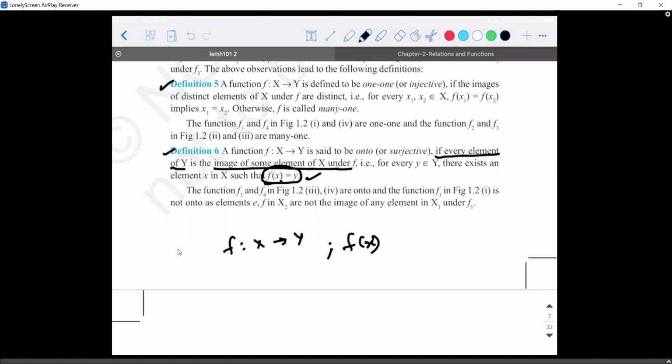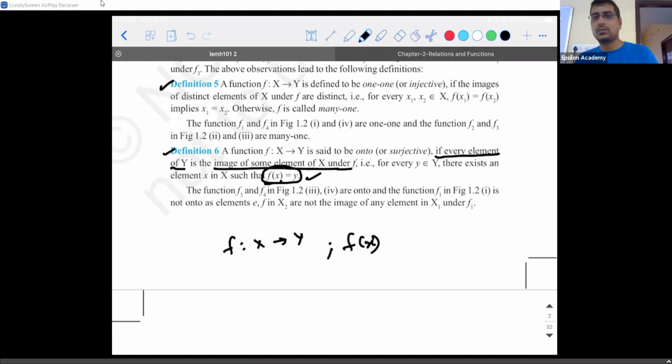You will consider two elements. Ashik, you know? Tell me. You directly take F of X1 is equal to F of X2. You will first consider two elements X1 and X2 which belong to capital X, that is a set X. Then you have to find F of X1 and F of X2. You will equate them and solve for X1 and X2. If the relation comes out to be equal, it is one-to-one function. If not, it is a many-to-one function.